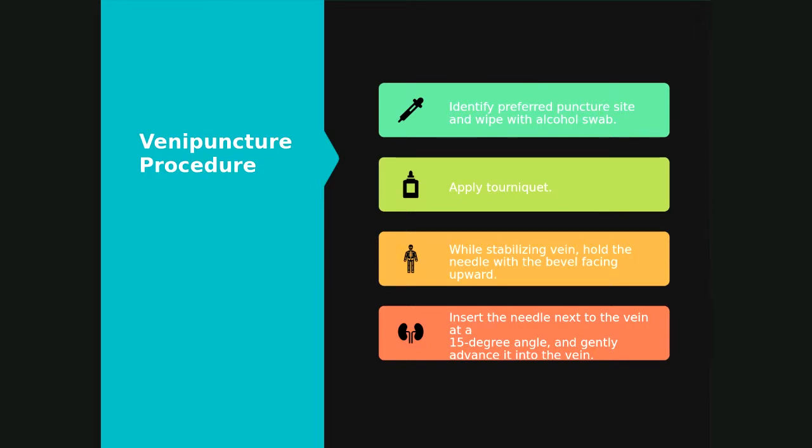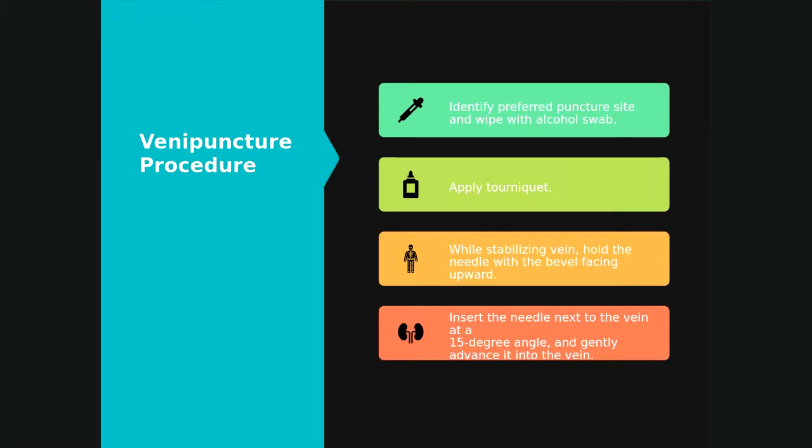Once you find where you're going to go, you're going to stabilize the vein with one hand, and with the other, you're going to hold the needle with the bevel facing up. Once you're ready to inject, you're going to insert the needle next to the vein at whatever degree angle is required in order for you to not miss the vein. If it's deep, then it probably is going to be a more shallow angle, whereas if it's a shallow vein,